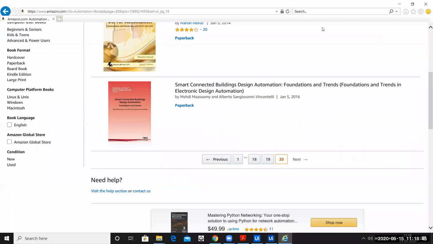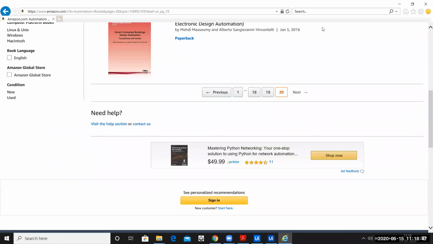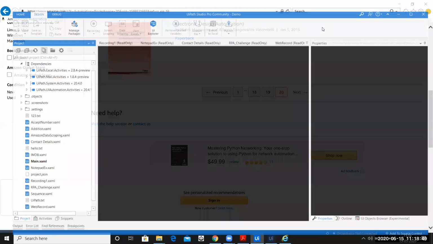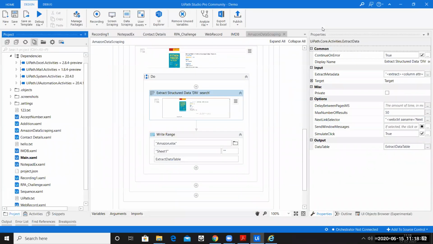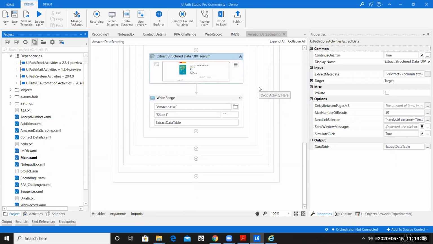Right now we are fetching only 50 records from this n number of records. I think more than 50 records are there in the Amazon. So if I want to extract all the records, that means still the next option is not available? Yeah, I said 0, right? So there is an option. If you press 0, that means it will extract each and everything. Okay. So the automation has stopped.